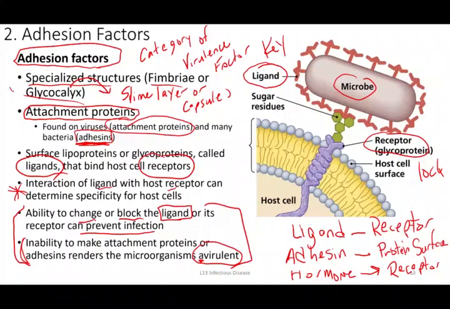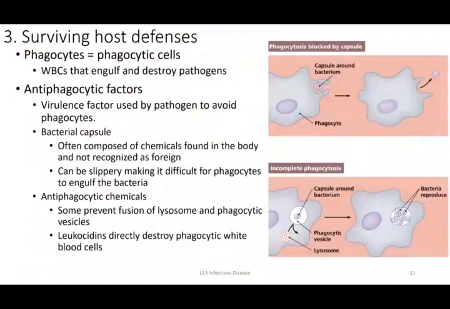So these categories of virulence factors that are called adhesion factors are really critical in establishing an infection and then progressing to a disease state. So hopefully I've made that point pretty clear. So that's one category of virulence factors. But then once something does start to establish an infection, if it can attach, being able to survive different immune processes is also going to be really important in establishing infection and progressing to disease.